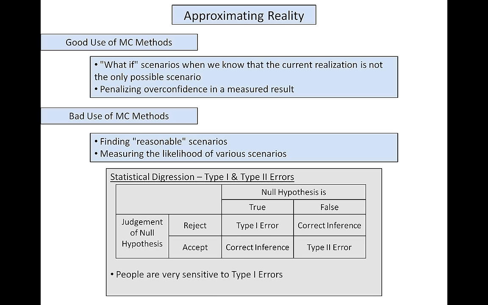People, as I mentioned earlier, are very sensitive to type 1 errors, or they just don't want to appear as though they're losing over a trend or missing out on something. And as I mentioned, Monte Carlo methods are really a good way to help us account for type 2 errors. There are actually other applications, other uses of Monte Carlo methods, which I'd like to mention.